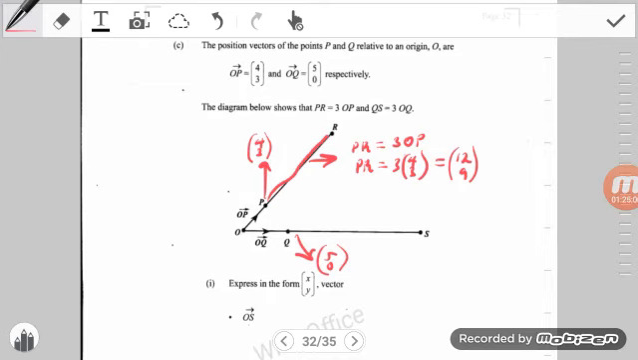QS is also 3 times the length of OQ. So 3 QS, let's write that down. QS is 3 times the length of OQ. And we know that OQ is 5,0. So QS is 3 times 5,0, which right away is going to be 15, 0. So to get from Q to S is going